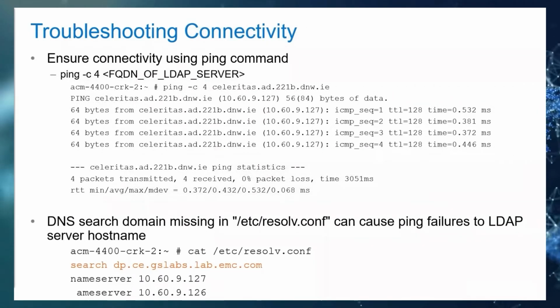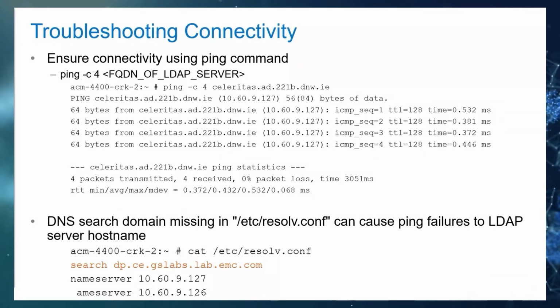Now, when it comes to troubleshooting LDAP type of issues, it's very important to go in a systematic order. I always recommend starting with a ping test, right? Ensure connectivity using the ping command and always use hostname or FQDN for ping. I would suggest using the IP address as well, and there's a reason for that. So you can issue ping -c 4, issue 4 packets, and the FQDN, and basically you can test the ping and confirm that it was successful.